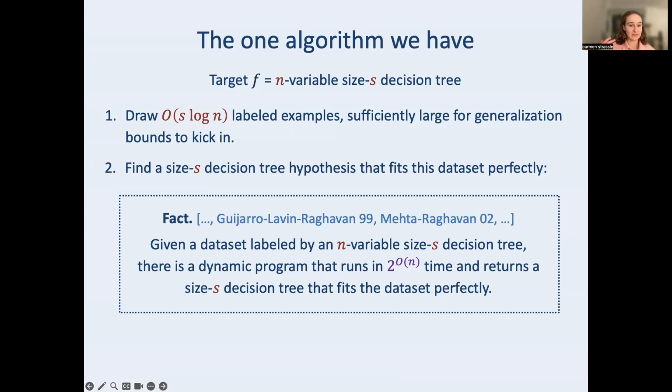And what it does is, given a data set labeled by an n variable size S decision tree, there's a dynamic program that runs in time exponential in n and returns a size S decision tree that perfectly fits the data. You'll notice that this